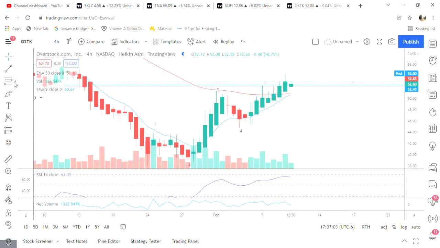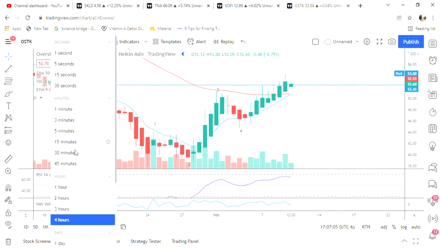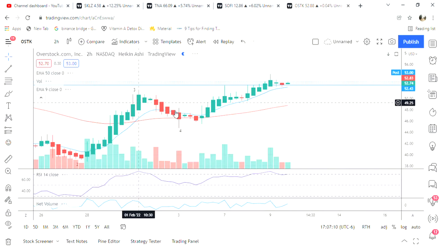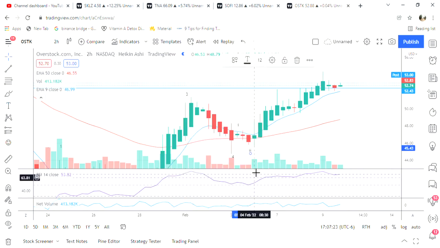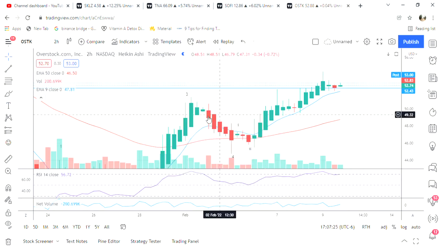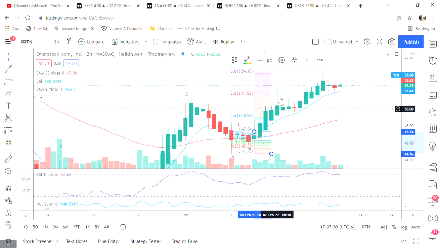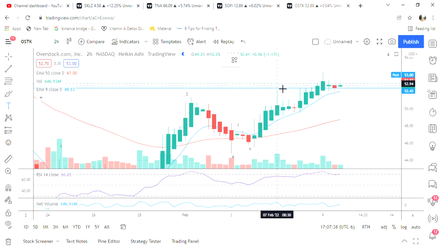And the way you can verify this even more, if you want to, is you can go down in time frames. So we have the 2-hour time frame. You can see right here we have 1, we have 2, and then let's just go ahead and do this. This starts right here, and this is clearly the third wave right here. It went 2.61, so we have 3,